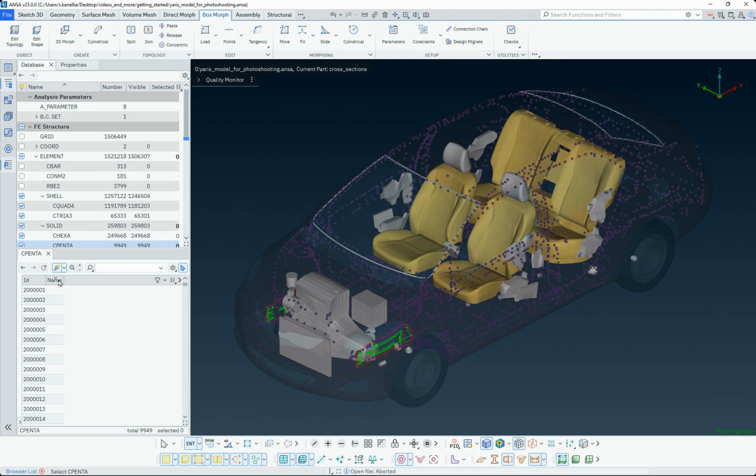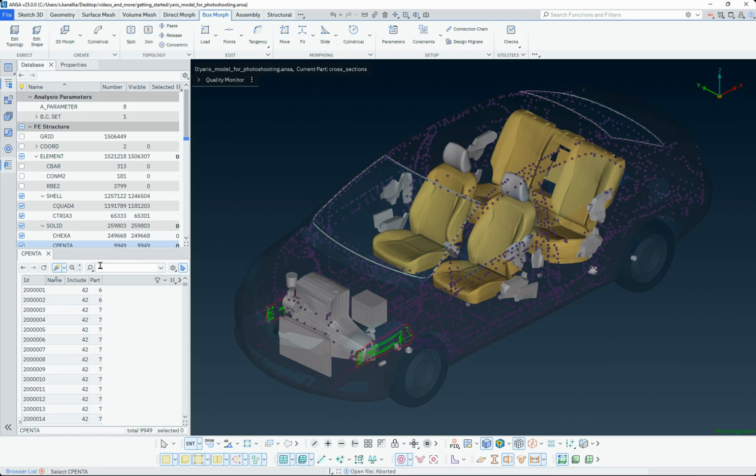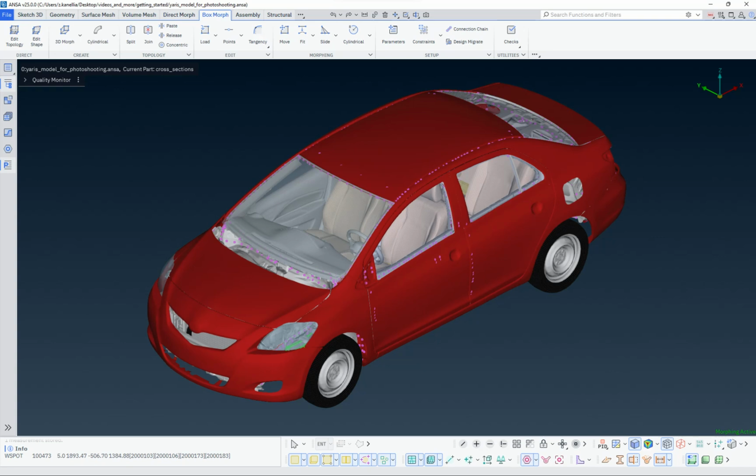In the same manner, the listed items can be sorted according to any other column just by clicking on the column header. Quick filtering of the list entries can be achieved by typing filtering keywords or expressions in the field at the top. As soon as the user starts typing, ANSA suggests alternative filtering possibilities with auto-completion. Pressing Enter applies the specified filter.